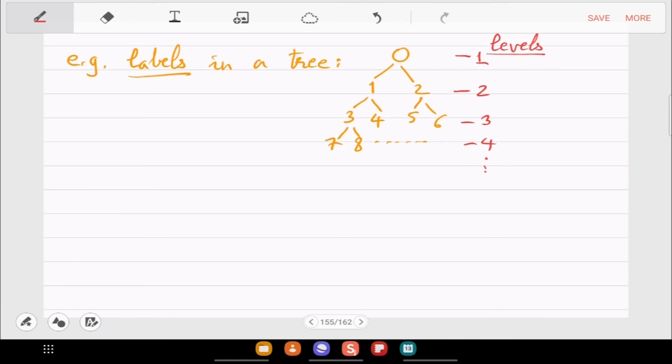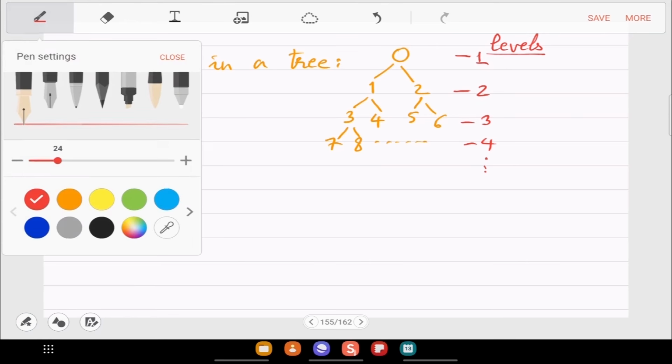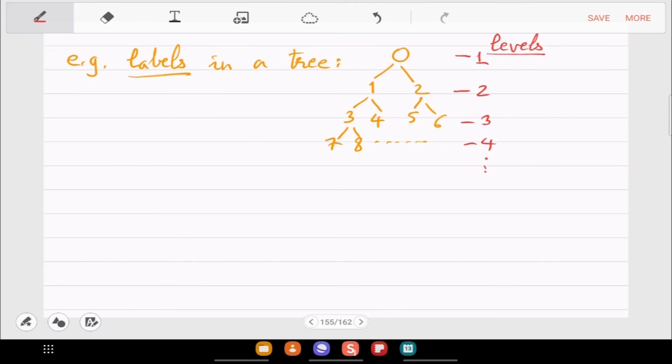Also, we want this tree to be as close as possible to a complete binary tree. So what does that mean? What is a complete binary tree? I don't think we defined this. Right. Yeah. So that is somewhat the definition of complete binary tree. I mean, it may just mean that in level L, so let's say we use L for the level.